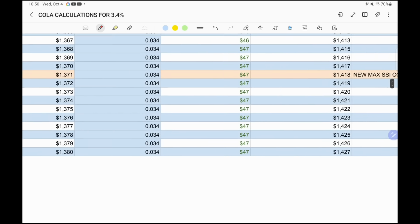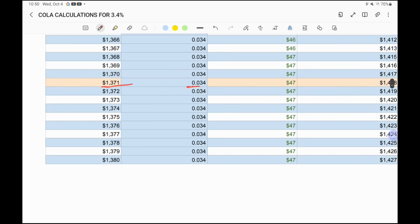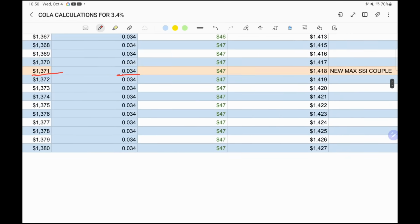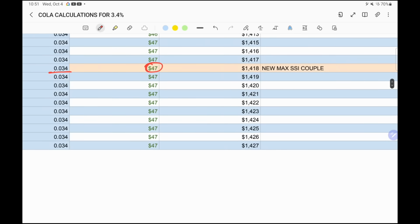Now looking at SSI for couples. So this is a maximum. Right now, currently, it's $1,371. If you're looking at a change of 3.4%, your new increase amount would be $47, and your new total amount would be